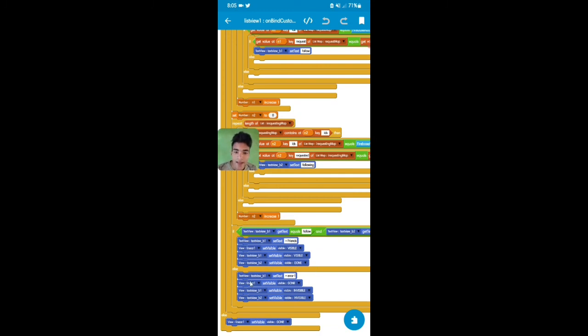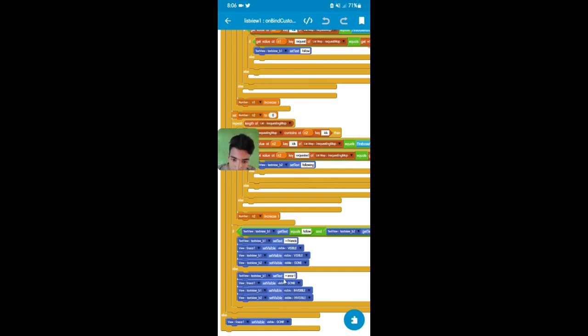Okay, and else text view b1 set text error, view linear 1 set visible gone, text view b1 set visible invisible and text view b2 set visible invisible.